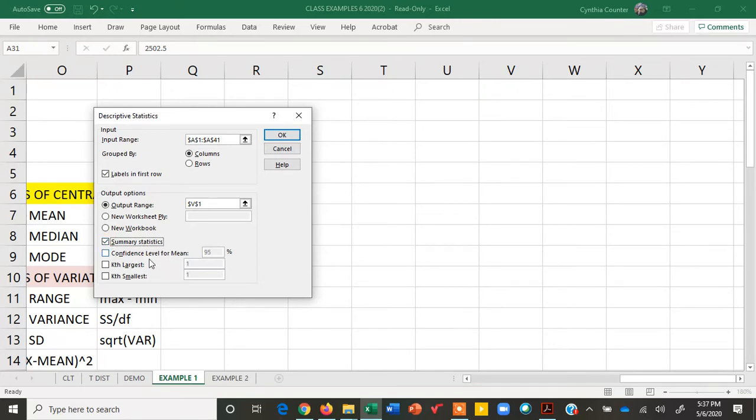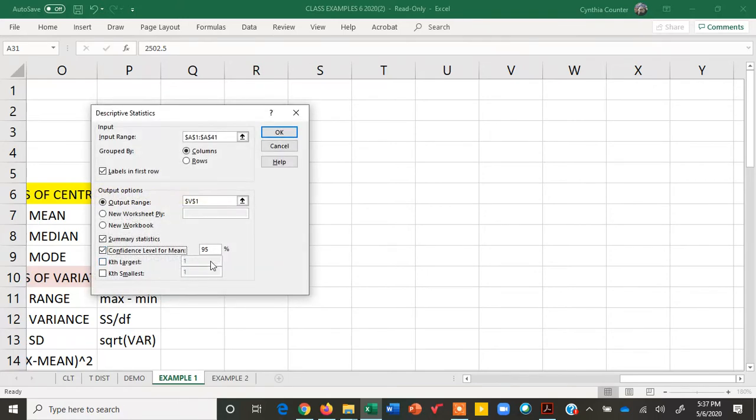But I'm also going to click confidence level for the mean because I want to use that later on to construct a 95% confidence interval. 95% is the default confidence level. So if you haven't played with it before, that should say 95. We aren't going to worry about these other two boxes. Notice, though, you could do descriptive statistics and get only the single output, confidence level for mean, or you could get all the summary statistics and not this. We'll get both. So when I click OK,